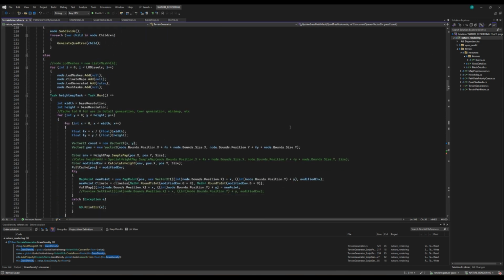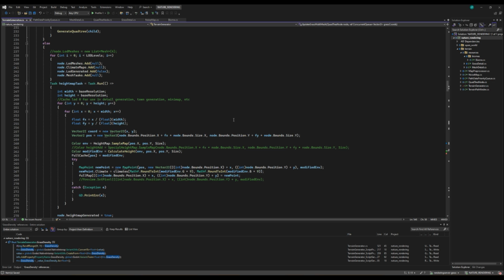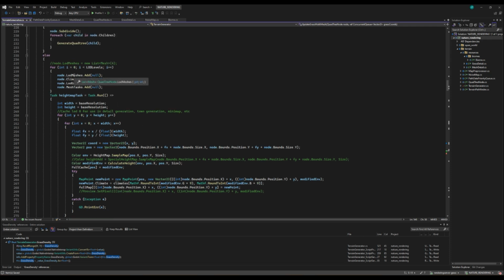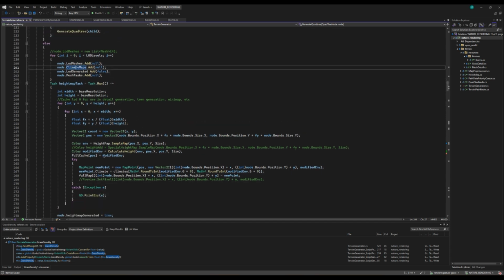First is the quadtree. If you're not familiar with that, I unfortunately did not find a lot of great resources on how to write the quadtree. I copied somebody else's code partially. There's a great resource. I'll have to see if I can find it and link it down below, that someone made on like a really demo quadtree, subdividing a mesh and doing it that way. And I just kind of expanded that to my whole height map situation. But as you can see, I've got all these meshes, maps, and states being generated and initialized here,